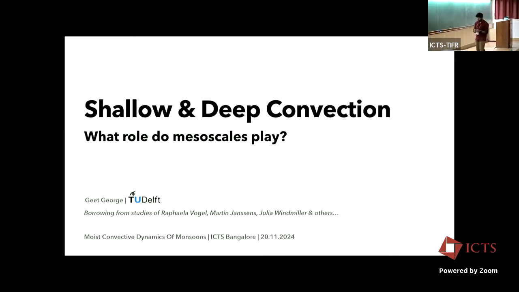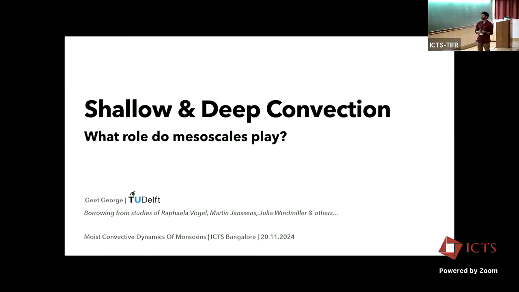Yeah, so we've already had lectures on convection and the large-scale circulation, and those are very nice building blocks to show what I want to talk about here, which is how mesoscales play into shallow and deep convection. There are many different processes when we say mesoscales. So I won't talk about all of them, but I'll go into details about two of them, one each for shallow and deep convection, to show how complicated these processes are if we are not going into subgrid resolutions for